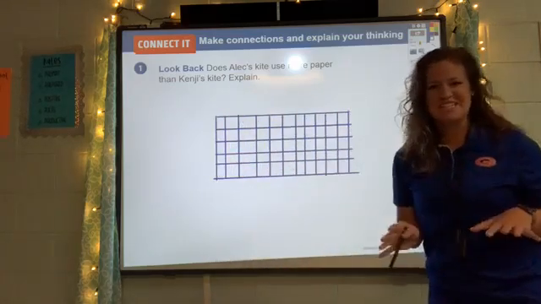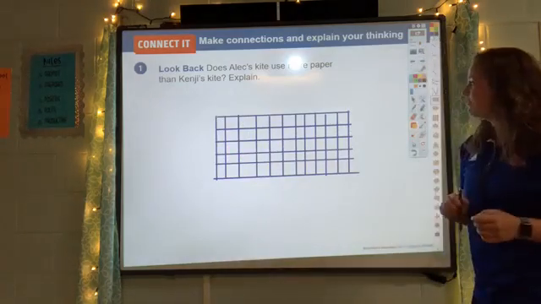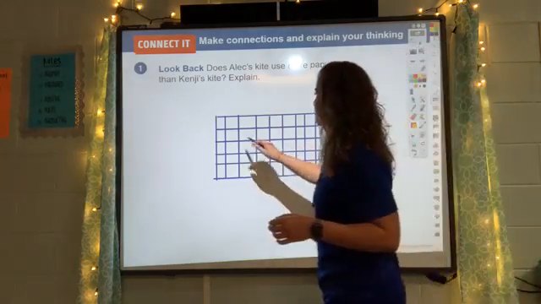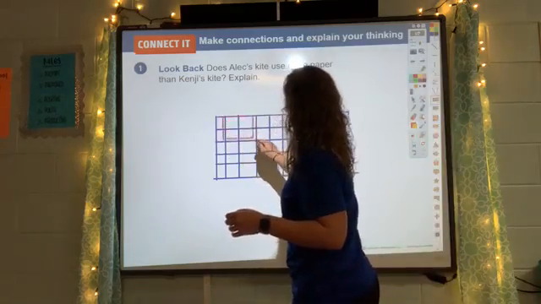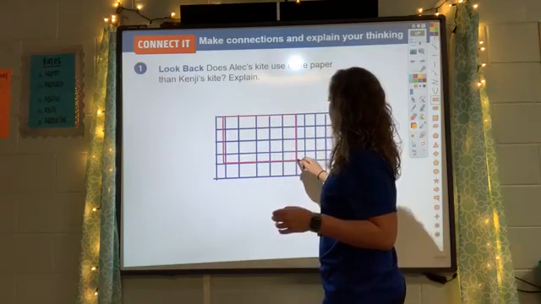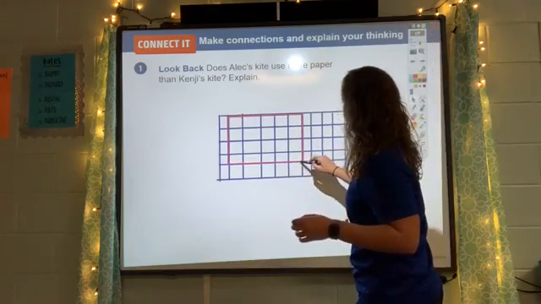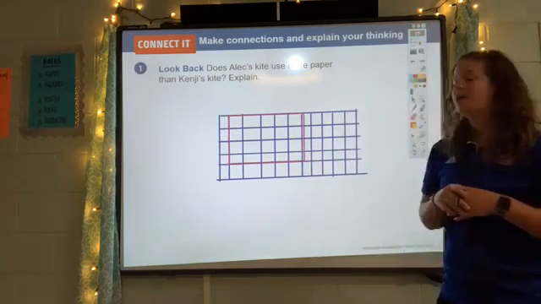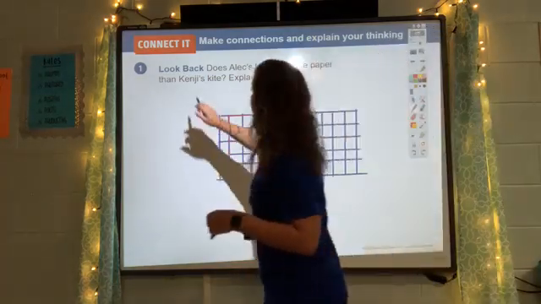It's not perfect, but it does the job. All right, so if I am looking at this, let's go ahead and put our rectangle on there. So we have a rectangle on here, and we need to find the area of that rectangle. Remember, a rectangle